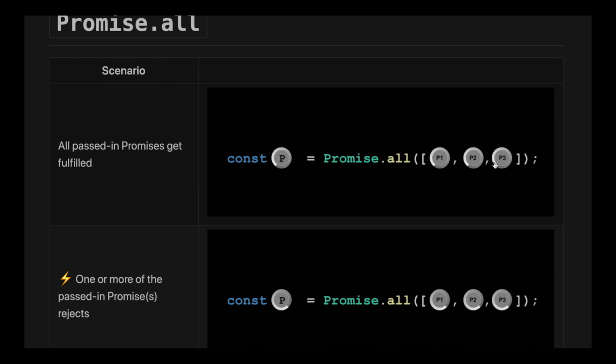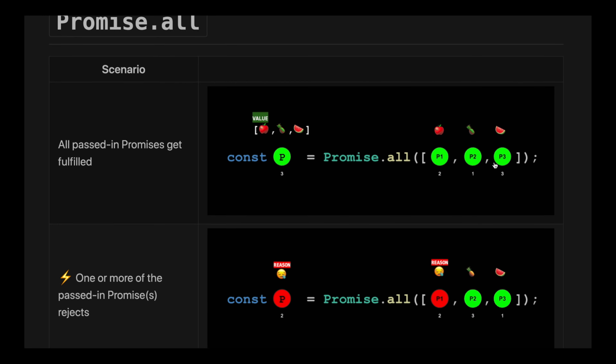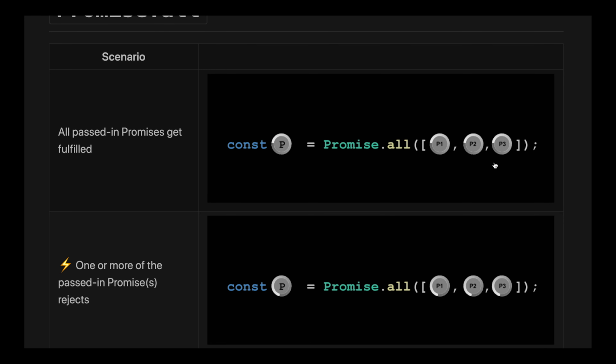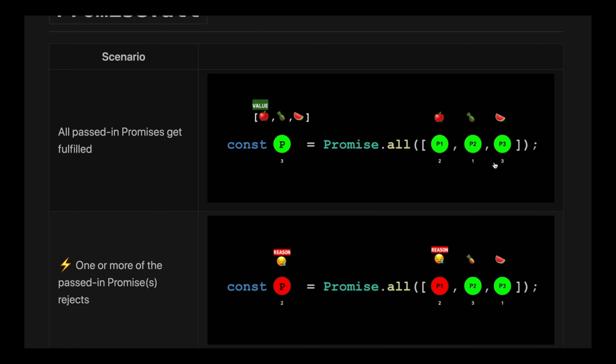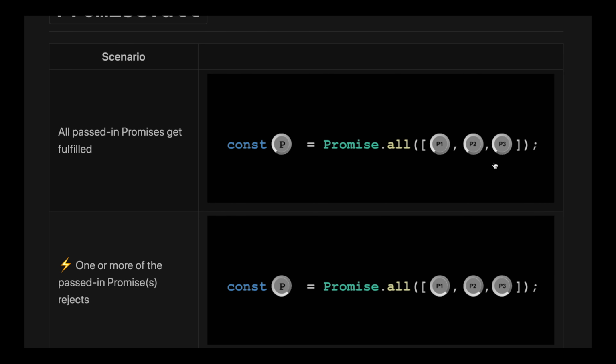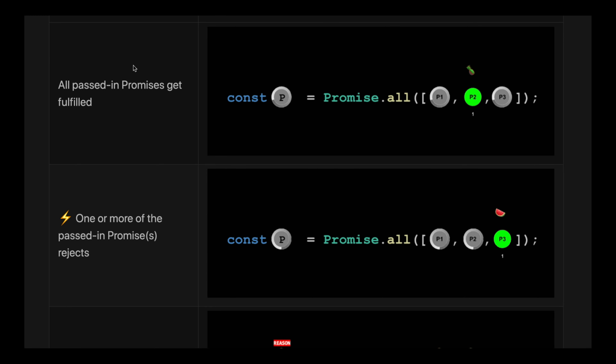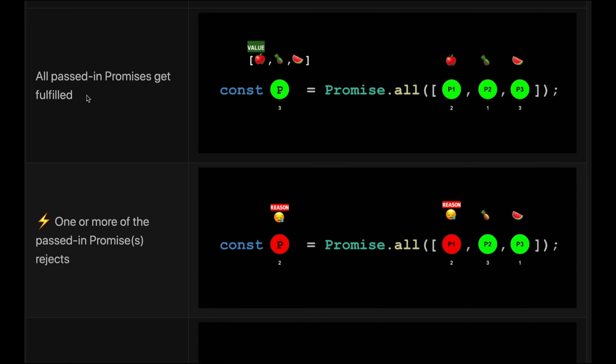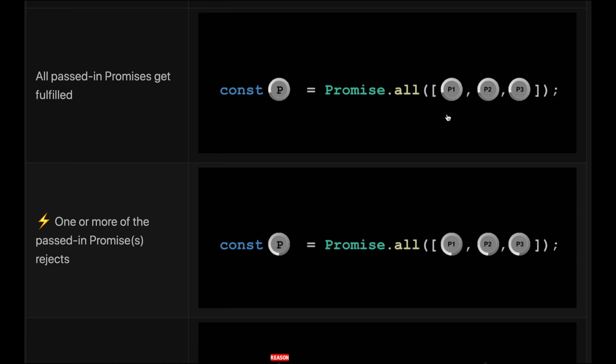It rejects with the reason of the first promise that rejects. So in a sense, promise.all is a bit grumpy. It just rejects with the first promise that rejects, and it has a fail fast behavior. And as you can see here in the all passed in promises get fulfilled scenario, we see that